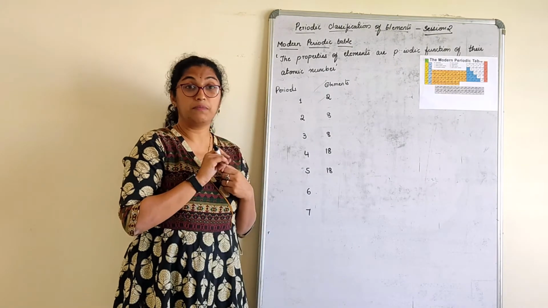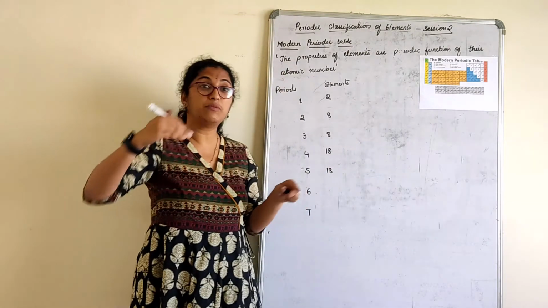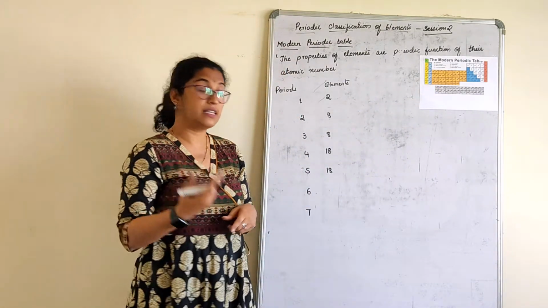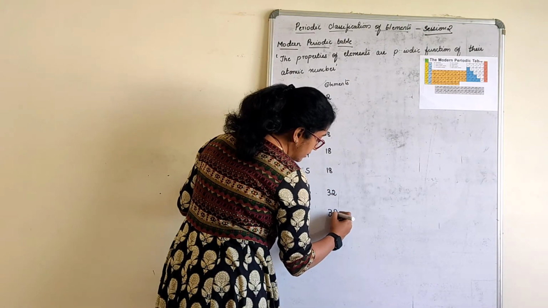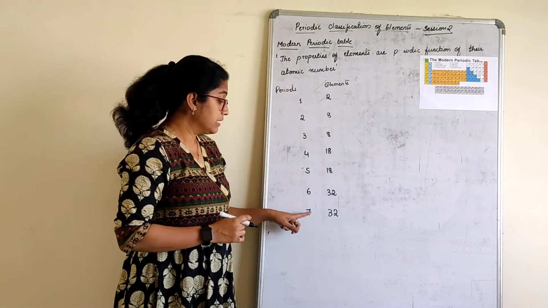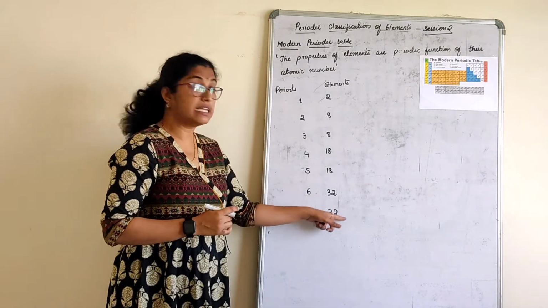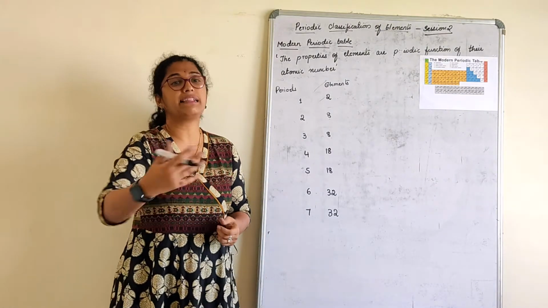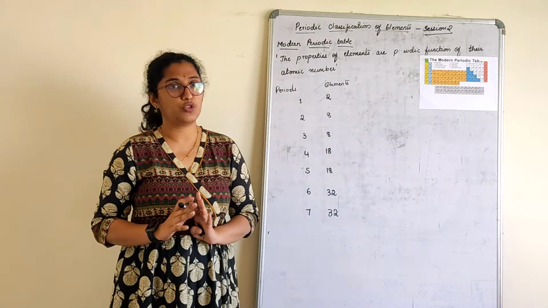There are 18 plus here 14 more elements. Again for the 7th there are 14 more elements. Count them, 32 and 32. Right? They still say, children, that the 7th period is incomplete. You can still fill some more there later on discovery, but this is the configuration you should know.